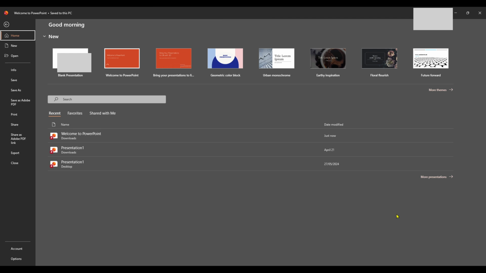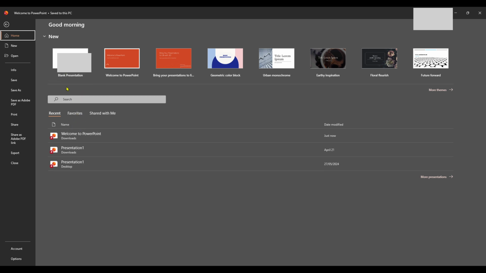To kick things off, open up the Microsoft PowerPoint app on your computer. If you're not already familiar, PowerPoint is a versatile tool within the Microsoft Office suite, making it possible to create impressive slide decks with relative ease. Once you've launched PowerPoint, go ahead and select the document you'd like to work on. This could be a new project or an existing one where you want to add your timer. Simply navigate to the file you've been working on or start fresh with a new presentation.